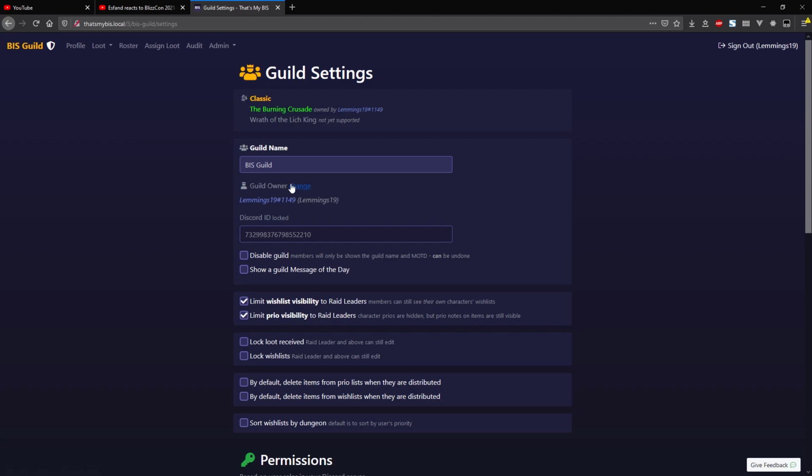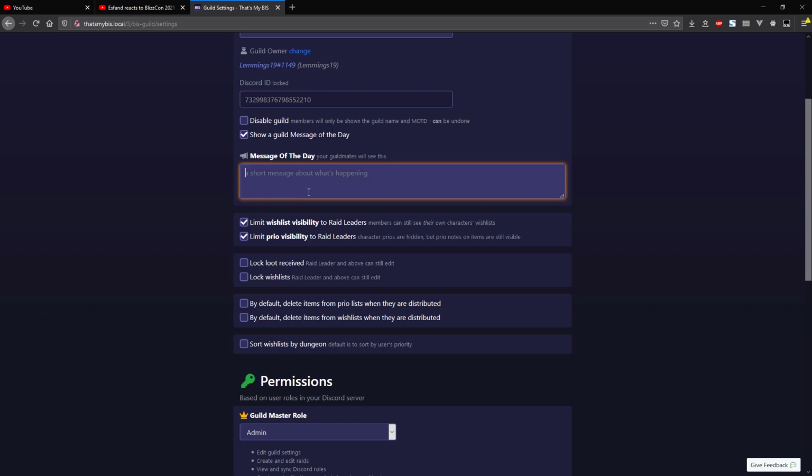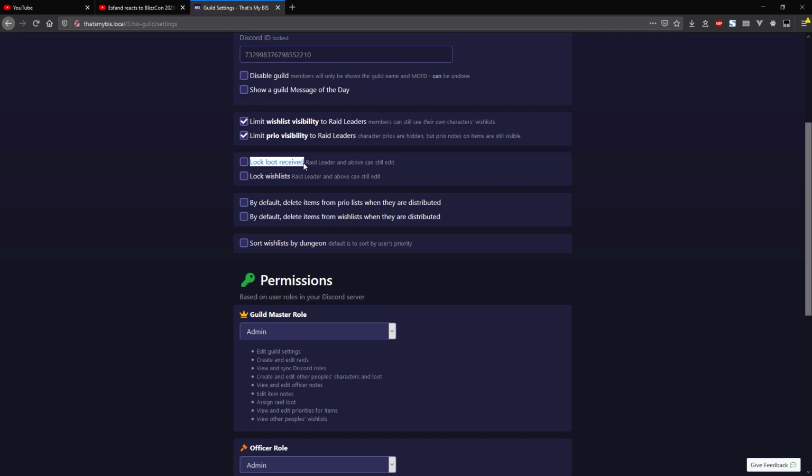I can do a bunch of stuff like change who owns the server, but we're going to skip that. You get other things like I can put in a message of the day everyone can see. You have a little bit of granular control in terms of access to wish lists and priority lists. Prio list is basically just which characters I prioritize for which items. I can do some other stuff like say I don't want my members able to edit the loot that they